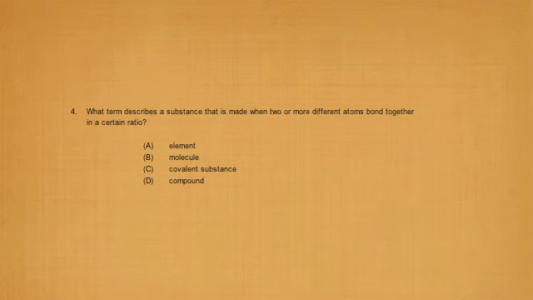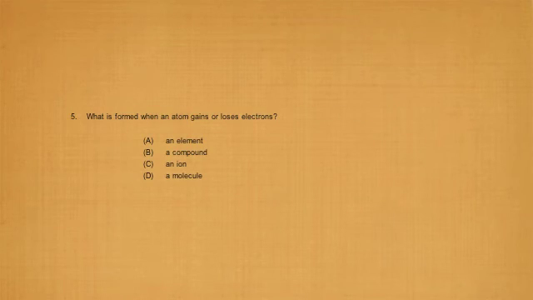When it says a certain ratio, they're talking about a compound, because if you were to look at hydrogen and oxygen, they have different ratios between them, because hydrogen has one while oxygen has O2, two oxygens present, because you cannot get one oxygen by itself in nature. So when you have different types of ratio, where oxygen has 2 and hydrogen has 1, combined together, it's known as a compound. Moving on to our last example, which says what is formed when an atom gains or loses